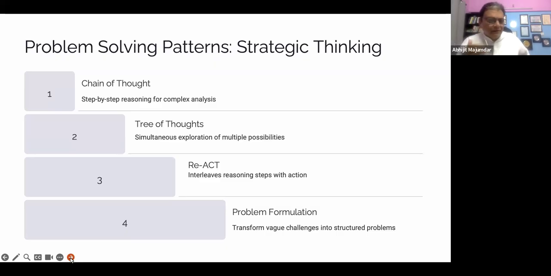So let us come one by one. Chain of thought prompting is basically like human thinking. I have been telling this again and again: the best way to understand how an LLM works and get the best out of an LLM is to think like an LLM. Think about how the LLM must be working, what it must be thinking, what it will give back. When you start thinking from that perspective, you will really understand what is going on, because ultimately an LLM is nothing but an algorithm and a set of data.